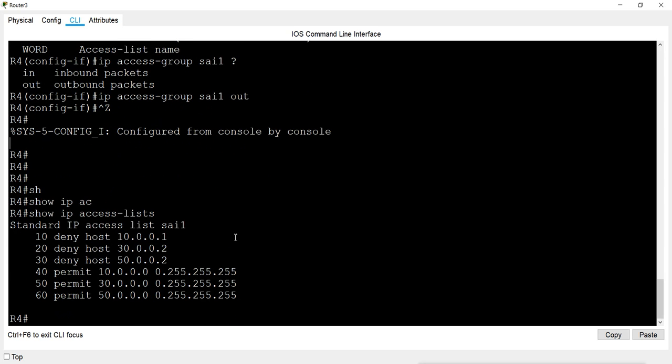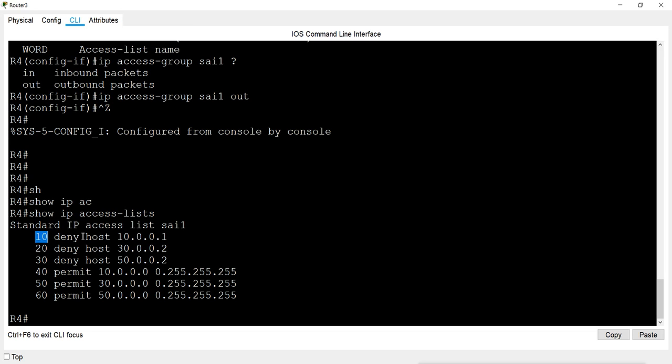Now what is the benefit of these sequence numbers, and what is the benefit of creating the named list? Under the named list, we have an option to remove a single statement. These sequence numbers were not there previously. Named lists were available since IOS version 11.2, but if we go older than 12.2, you will not see this sequence here.